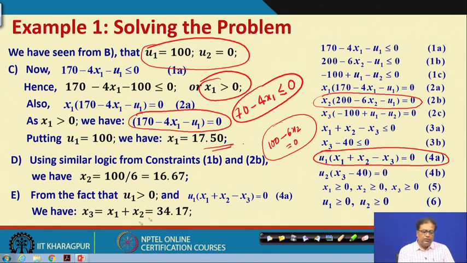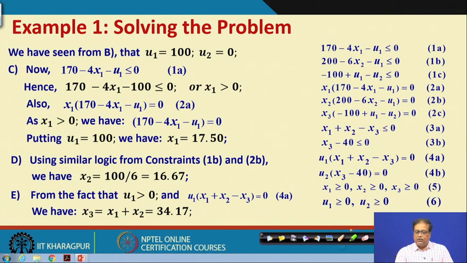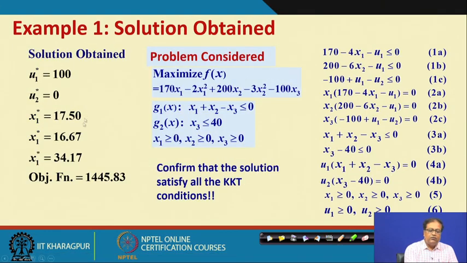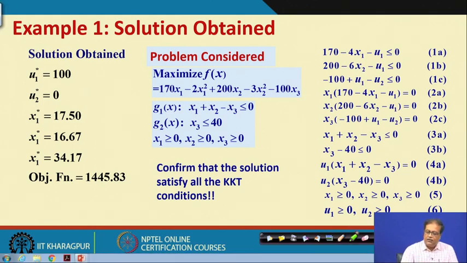So, we get x1 plus x2 minus x3 equal to 0, or x3 equal to x1 plus x2, which is 34.17, right. So, we have got all of them, that is the x1, x2 and x3 values. So, we found this set of solutions, that is